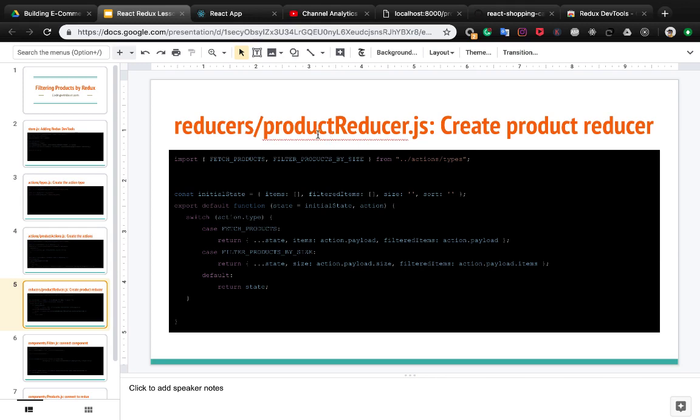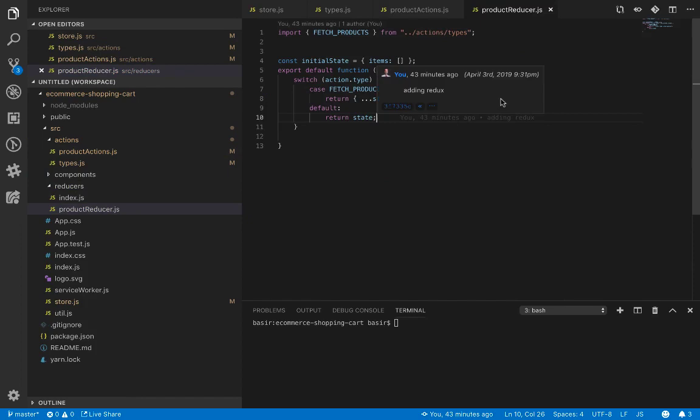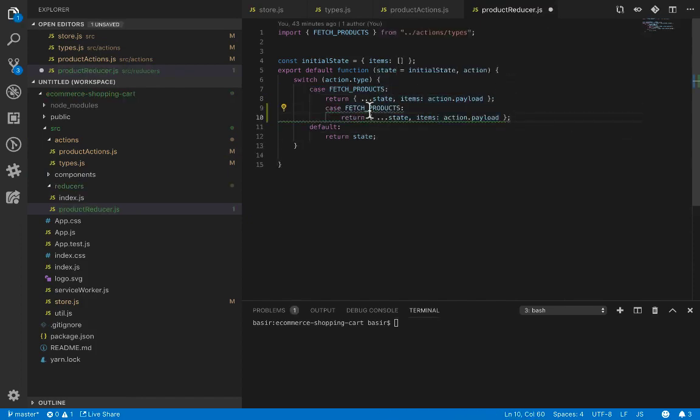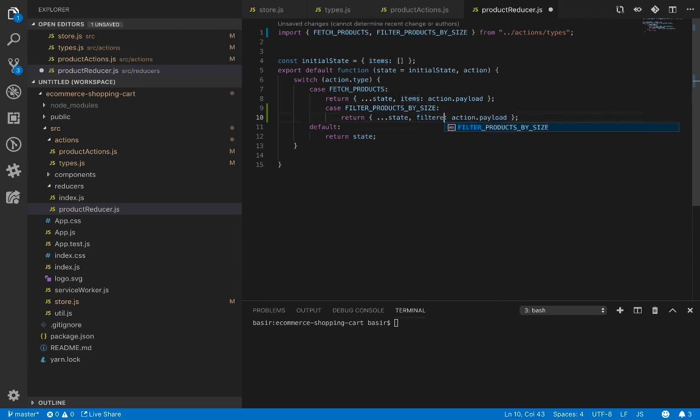Let's go for product reducer. We want to add a switch case to filter product by size. Open reducer folder, product reducer, and duplicate the case for filter products by size. And here we want to add another property, which is filtered items, which is